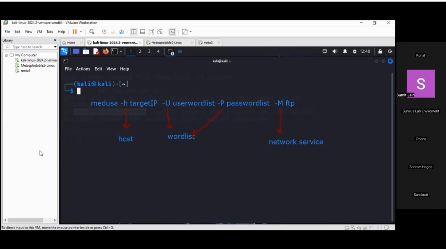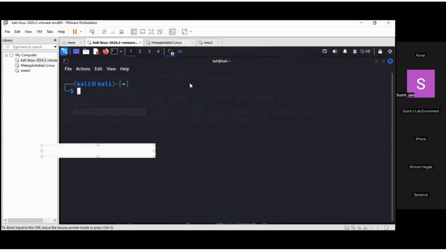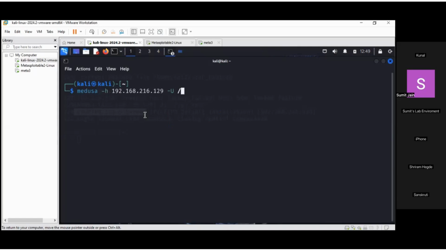So let's create an attack on Metasploitable 2. So medusa -h 192.168.216.129. After that, capital U. I'm using the same path, /usr/share/wordlists/metasploit, and then unix_users, right? After that,